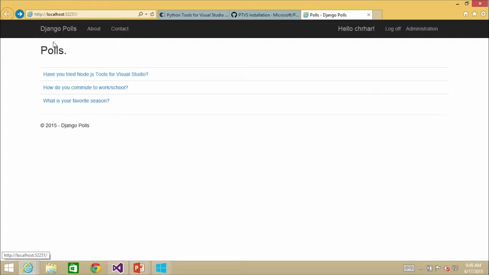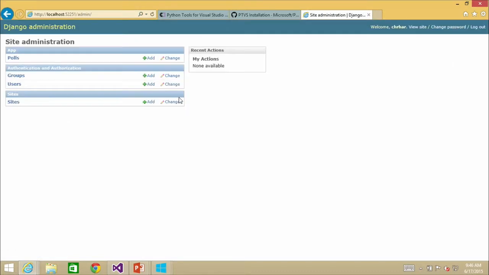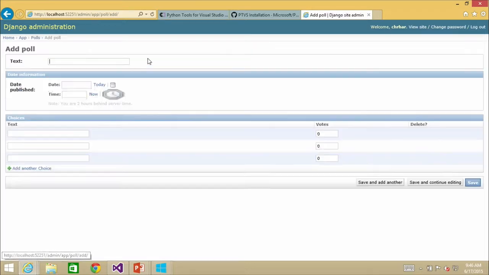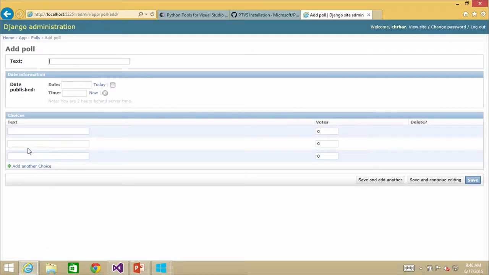And if I go back into our admin page, there we go, you'll notice that right from here I can actually go in and start creating brand new users. I can start creating sites. And you'll also notice that I can even create polls. And all of this is actually provided from Django. It gives me a not necessarily friendliest interface, but a very powerful interface that I could then use to start creating polls directly, and that's the goal of the admin page.